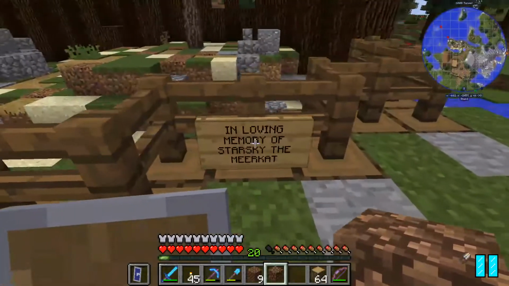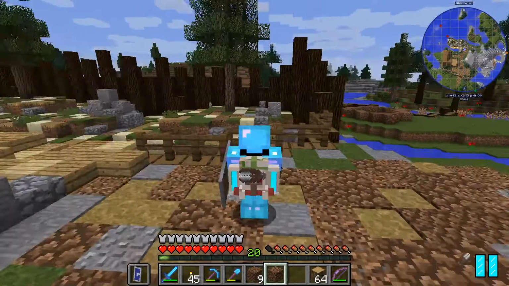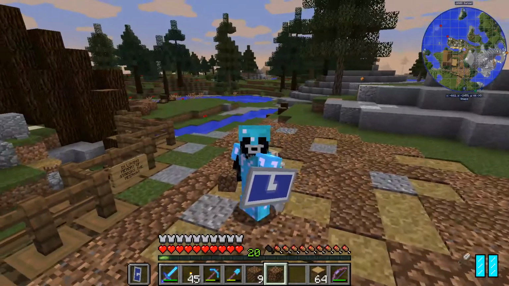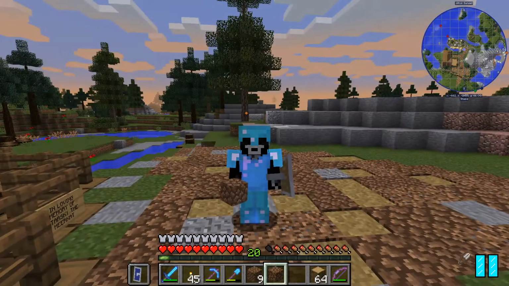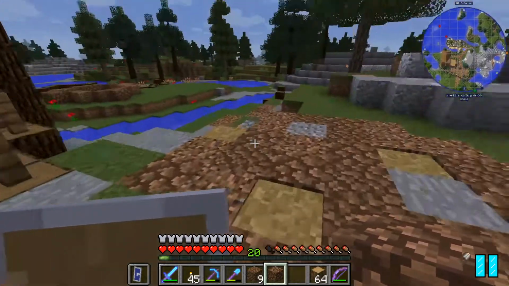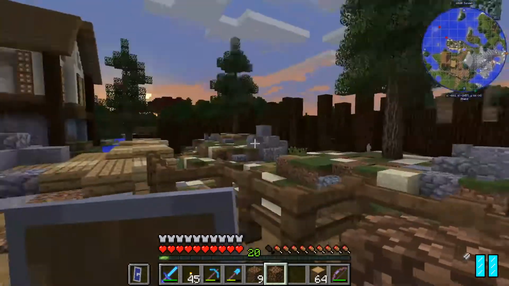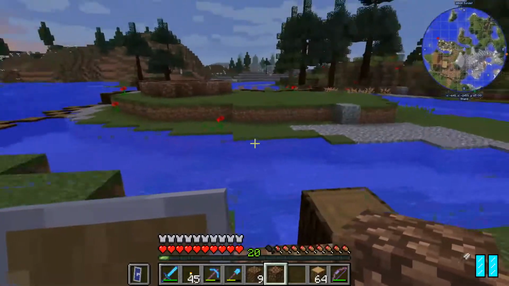I know. Okay, the sign was missing the word memory. I know. Forgive me. I totally spaced out and I forgot to put memory. So it just said in loving of Starsky. That's all it said. It didn't make any sense. I fixed it. All right, in loving memory of Starsky the meerkat. My bad. But it still is in honor of him. I mean, I was gonna make it anyway,